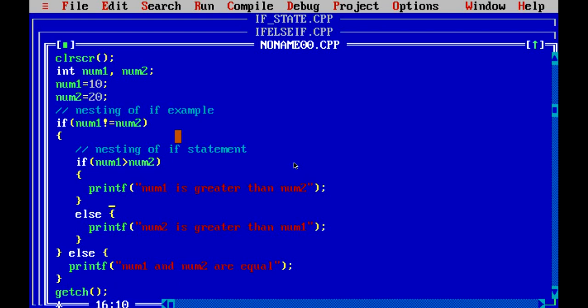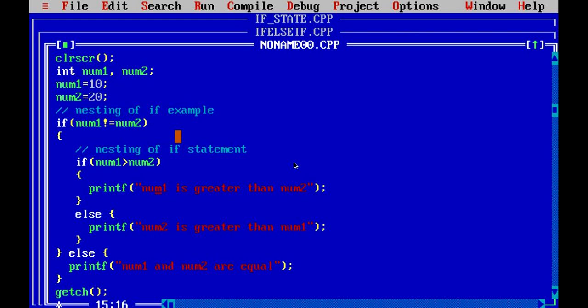So in this example, we are giving two values that are num1 and num2. So if num1 is not equal to num2, then it will go inside this particular block, and again it will check if num1 is greater than num2, then it will print num1 is greater than num2.